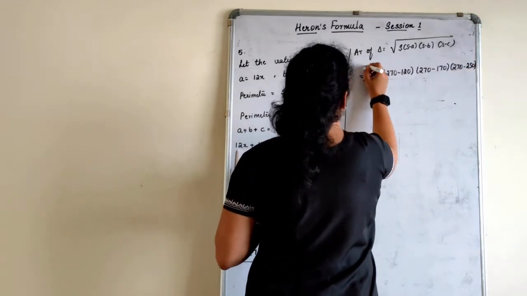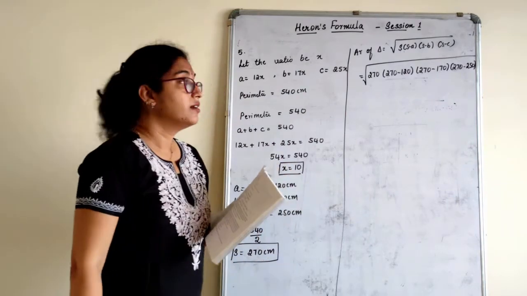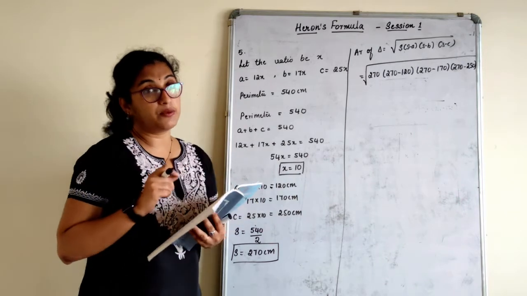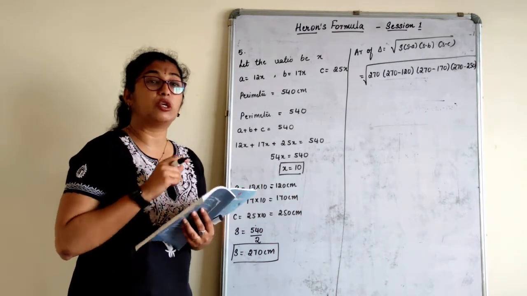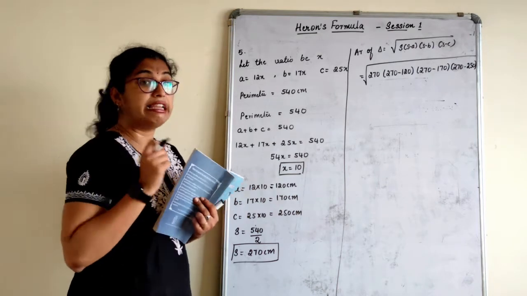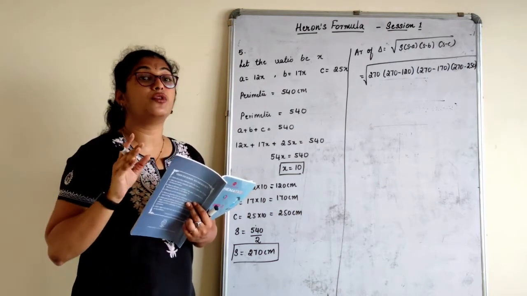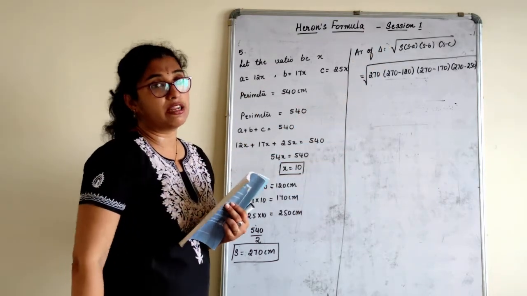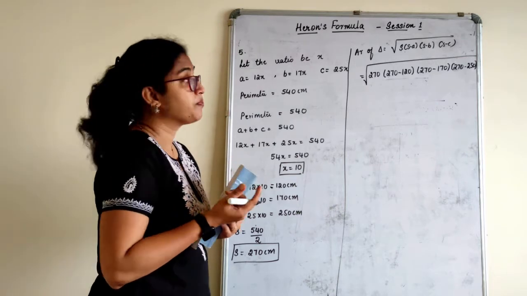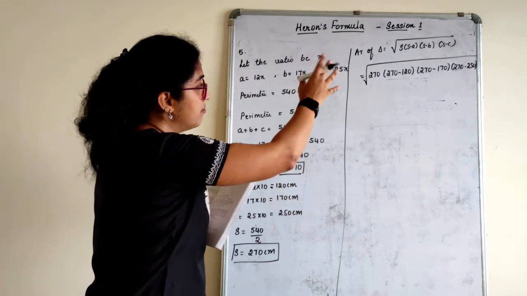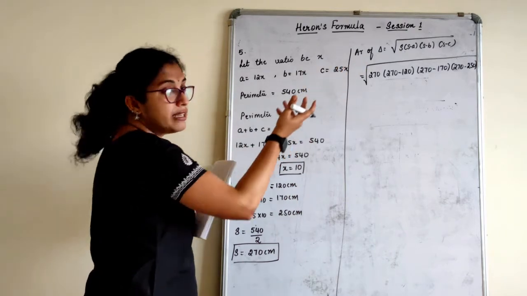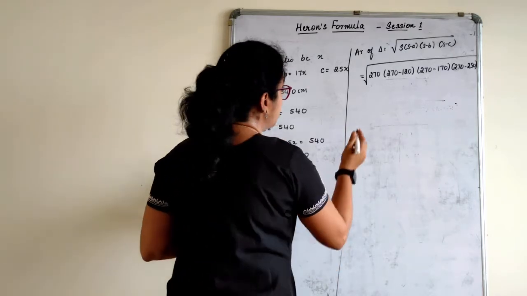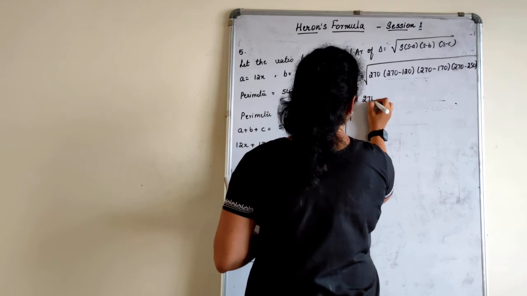You can ask me a question now. What if we get a negative value, teacher, here? What if, when we subtract A, B, C, we get a negative value? No chance. We always get a positive. Suppose you get a negative number, that means you have gone wrong in your calculation, because a negative number inside a root does not exist at all. So that means your S value is wrong, or you have gone wrong in your calculation. You cannot get a negative number. Sometimes, if you have two negatives, that again becomes a positive, but usually you don't get a negative number. Keep that in your mind. Otherwise the calculation you have done is wrong.